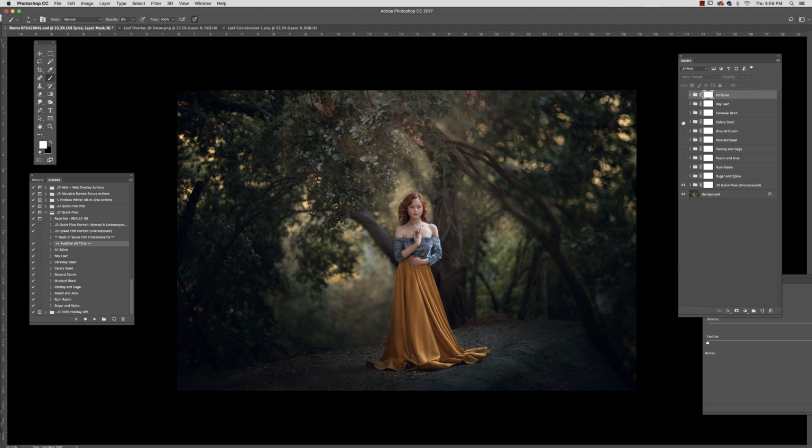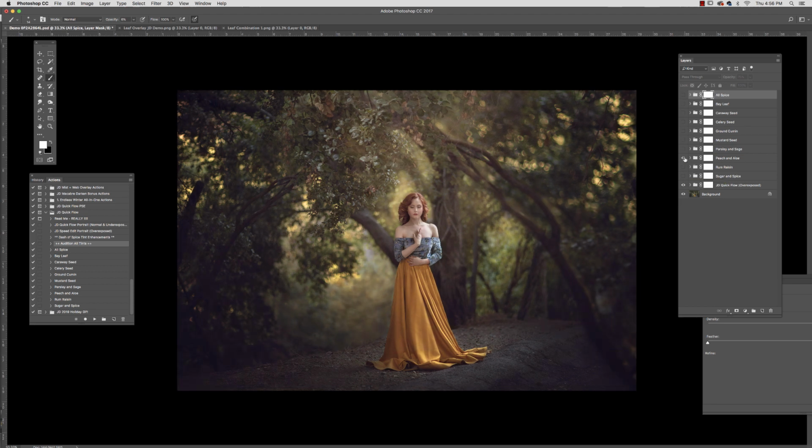I like the green, so I just kind of keep circling here. This is caraway seed, celery seed. I like that. I like how that green sort of glows. I just keep coming down. Cumin, ground cumin is a little bit more brownish. Mustard seed. Parsley and sage is the one that I ended up settling on along with rum raisin. So just so you can see, this was sugar and spice, and this is peach and aloe. But so what I ended up doing on the edit that you've all seen was I selected rum raisin